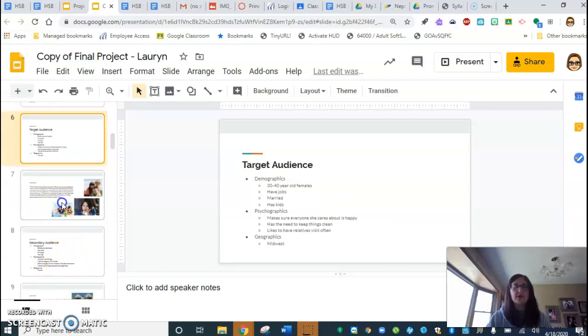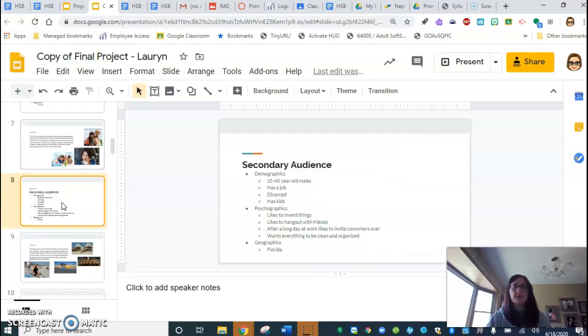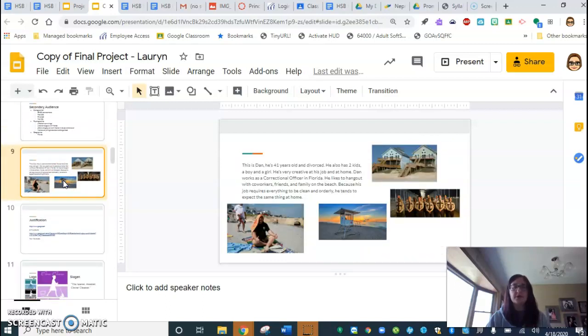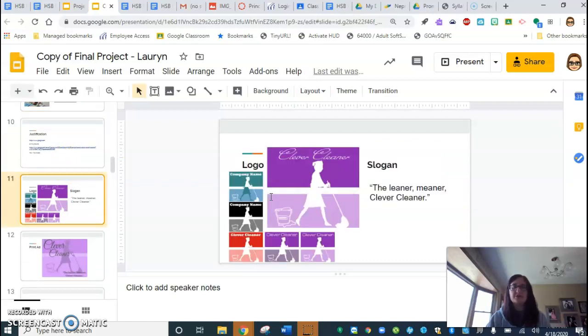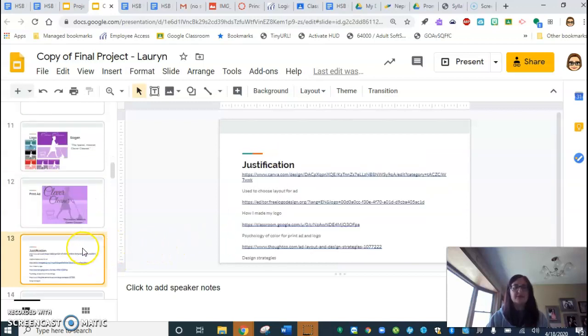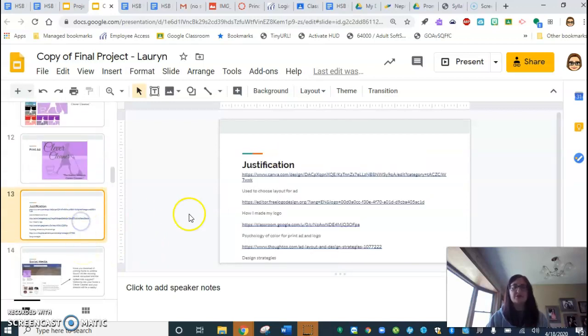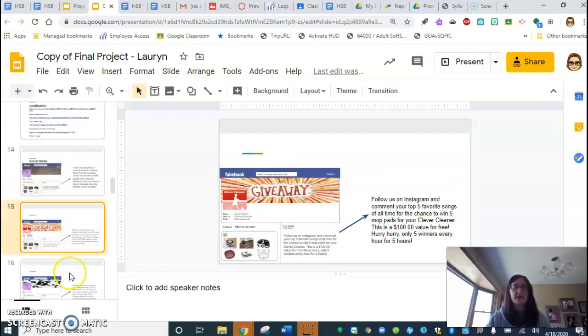So here is her target audience, the persona for her target audience, her secondary audience, and the persona of them, justification as to why she picked what she did. And then here's her logo iterations, just looking at how she progressed and the color scheme. This is her print advertisement and her justification for her print. So I'll have you look at those. And then some of her social media campaigns that she had